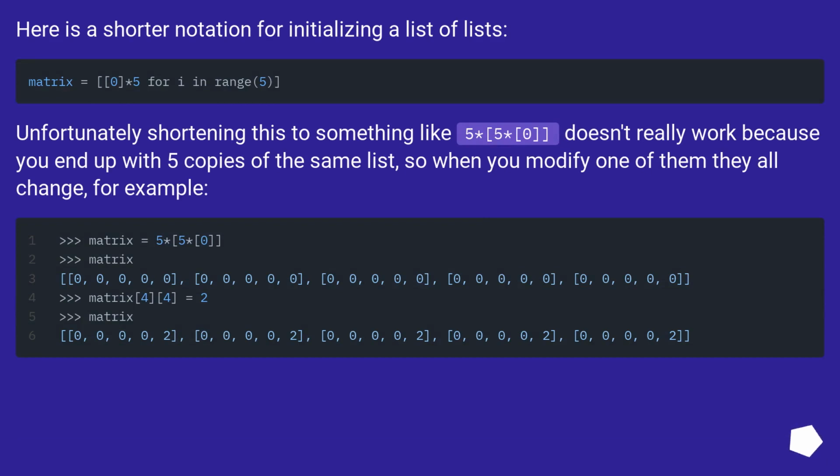Here is a shorter notation for initializing a list of lists. Unfortunately, shortening this to something like 5, 5, 0 doesn't really work because you end up with 5 copies of the same list, so when you modify one of them they all change. For example,